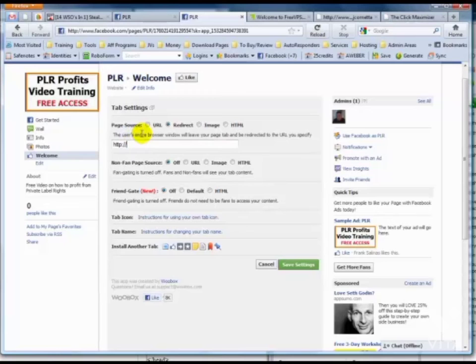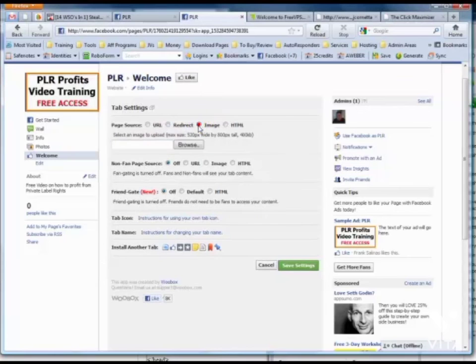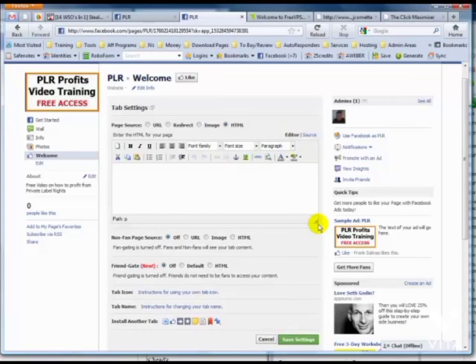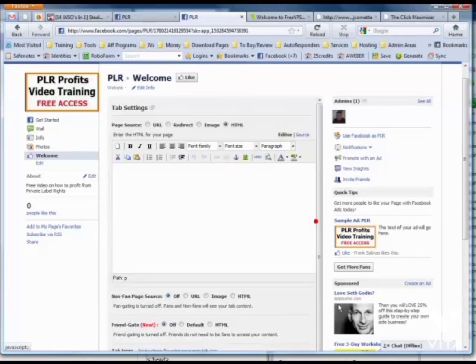The user's entire browser window will leave your page tab and be redirected. Or you can put an image, which could just be whatever image you want. But the main thing most people can use is HTML. And what's cool is if you don't have an HTML editor, all you do is click editor here, and you get a fully functional